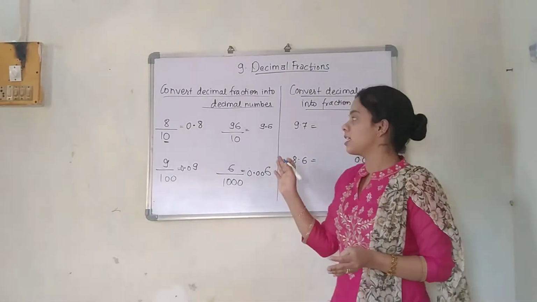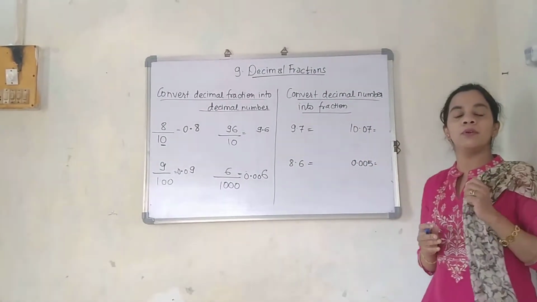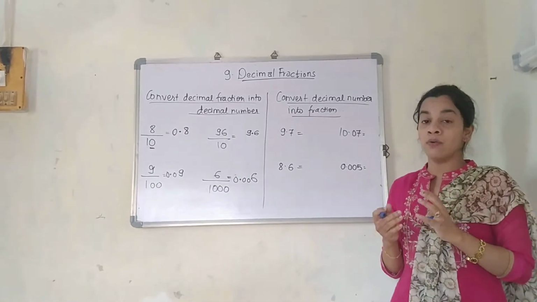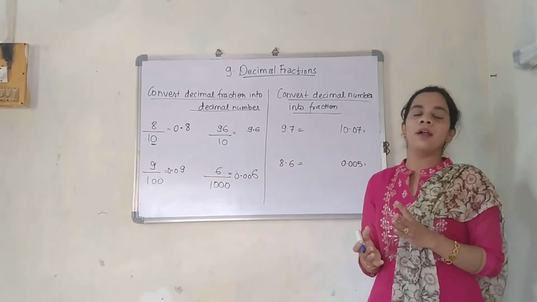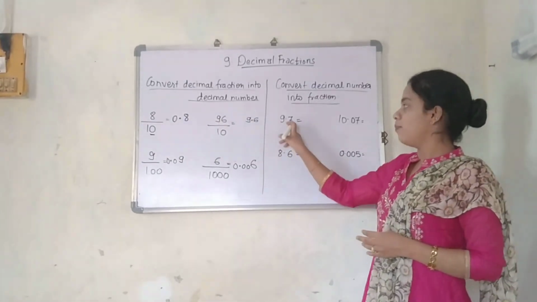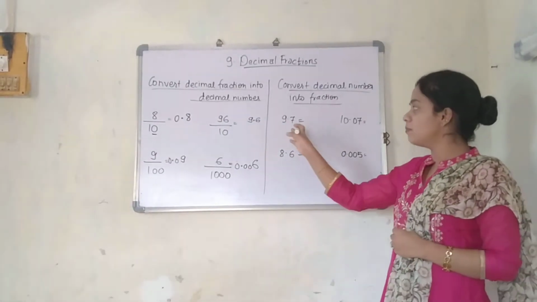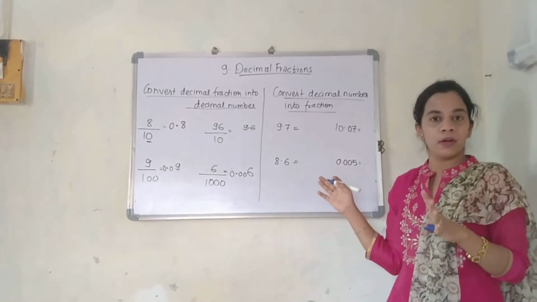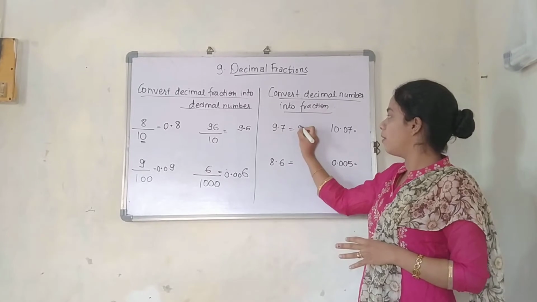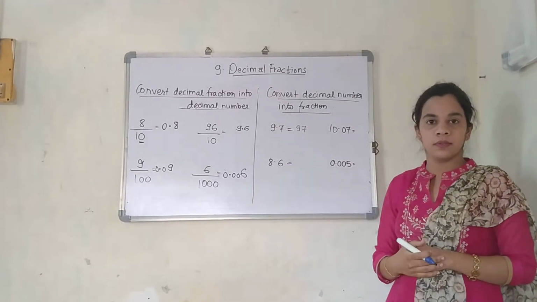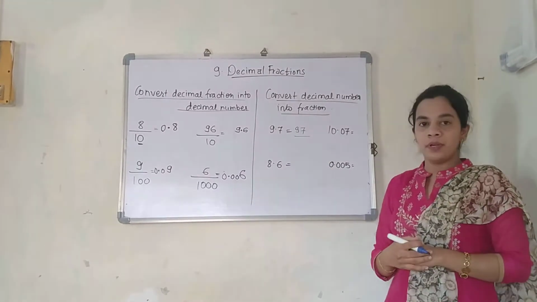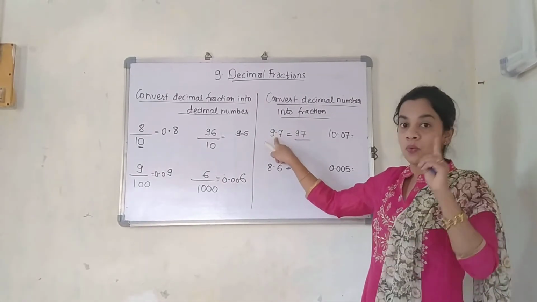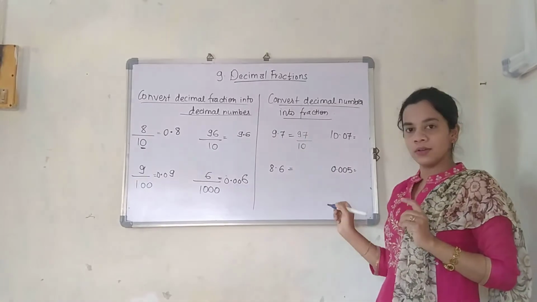So we will focus on the next part, that is conversion of decimal number into decimal fraction. We want a base like 10, 100, 1000 and so on on the denominator side. 9.7, a decimal number, is given to you. You want to convert it into a fraction, so a numerator and denominator should come. 9.7: write without the decimal point as it is, 97. What will be at the denominator? Just focus. After one number the point is there. So 1 and 0. Clear?